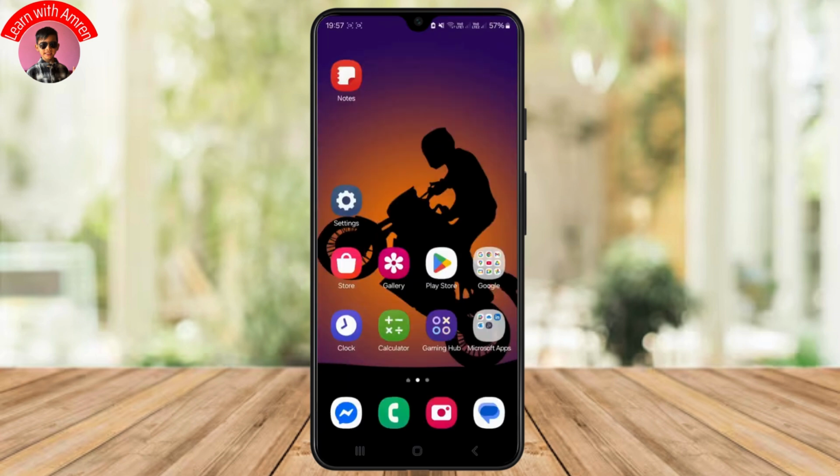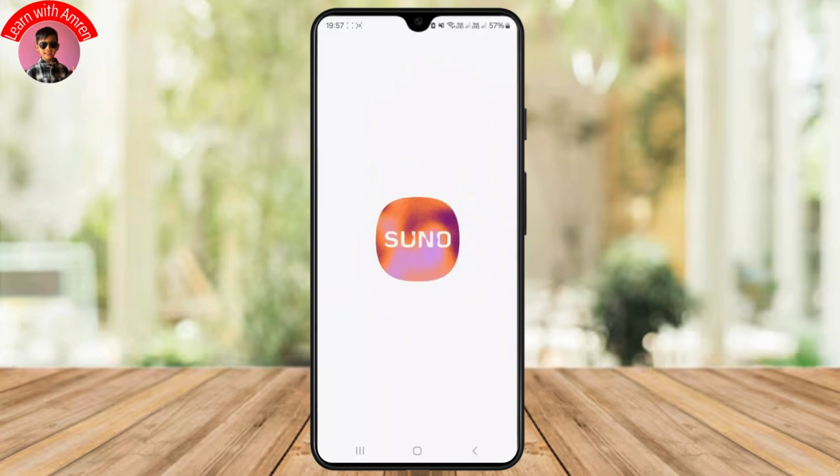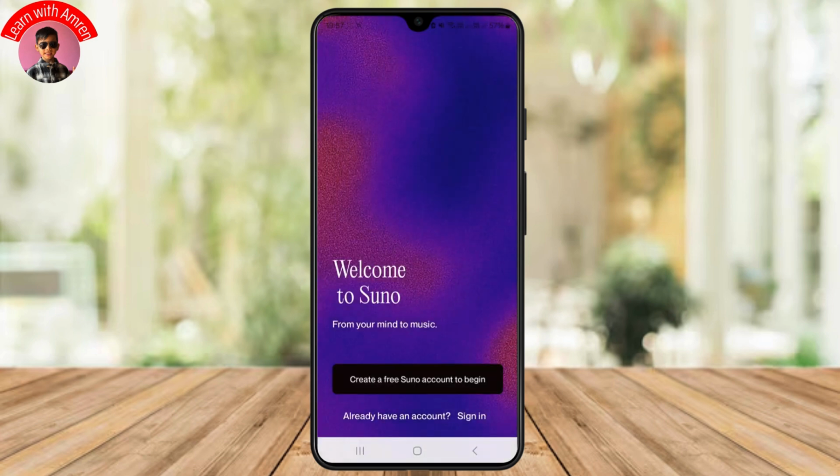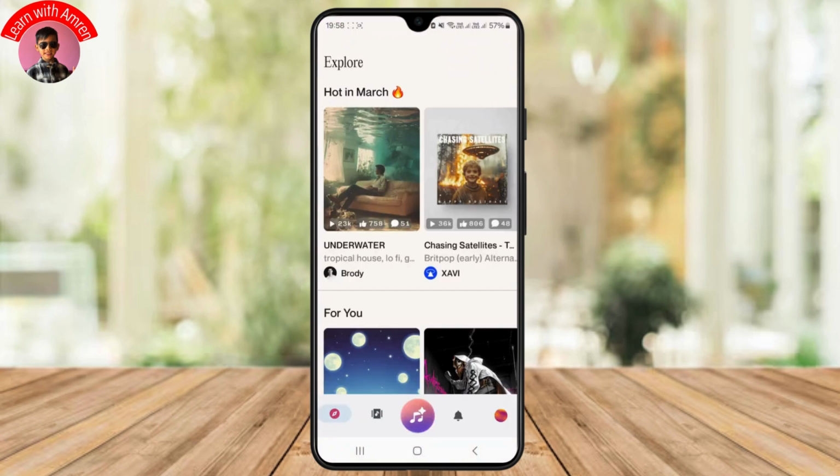Since I have already downloaded an application related to Suno AI, that is the Suno AI application itself, I'll show you using this application, and it's available for free under the Play Store. So you can just log in with your account. Once you're inside this screen after you log in, just click on this music button at the middle of